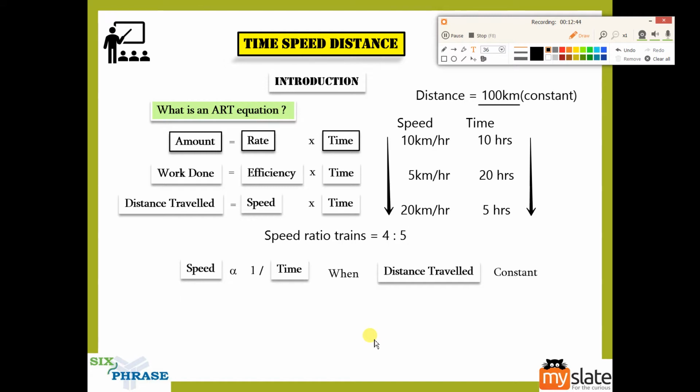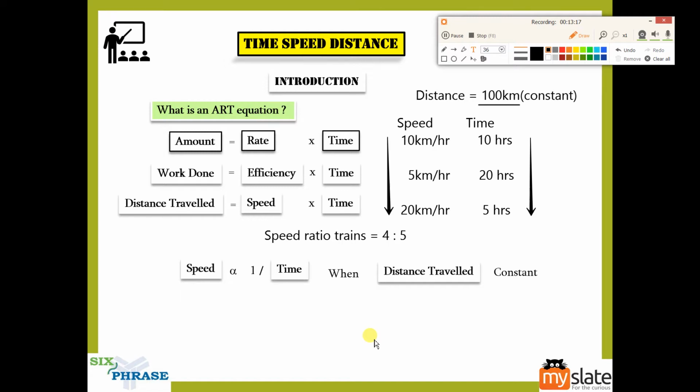Because in problems, this is how you will solve it. You'll be given speeds. So when you know two speeds, you will know two ratios, obviously, right? Now with those two ratios, you can find the time ratio and then try to find the time using the options. All the shortcut things you can do only if you understand this concept. That is why I'm giving you these concepts upfront, so that later when we talk about how to solve problems easily or using shortcut methods, you will know what we are conveying.